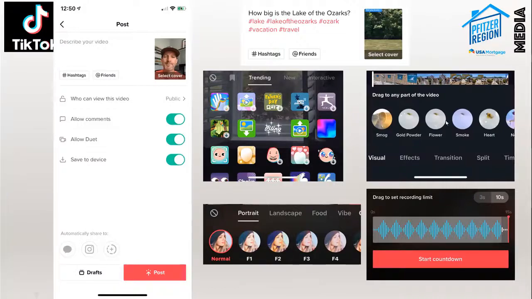And so what I did was I shot the video, I went to the next screen, I clicked effects, and then there's visual effects, transition, split, and time. And this time button then pulls up another page where you can then choose reverse. And it's really super simple. I know I might have made that sound complicated, but it's really simple. Shoot video, go to the effects, hit the time button, hit reverse, bada bang, you've got yourself a reverse video. It's that easy.